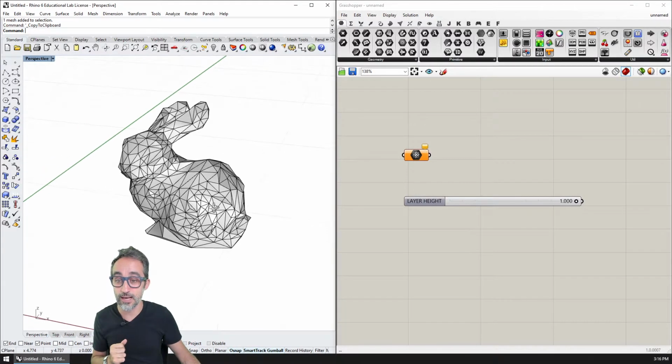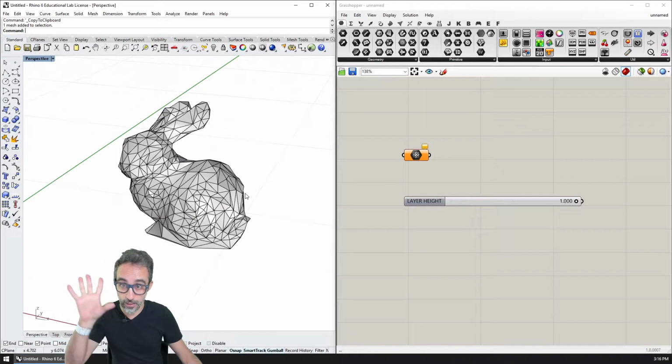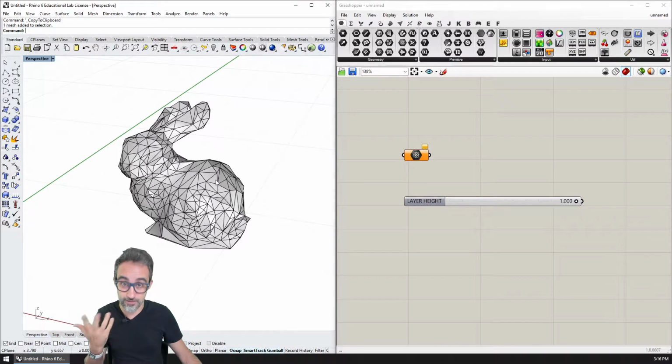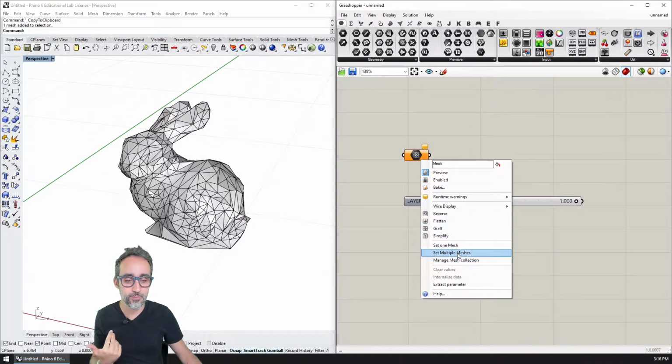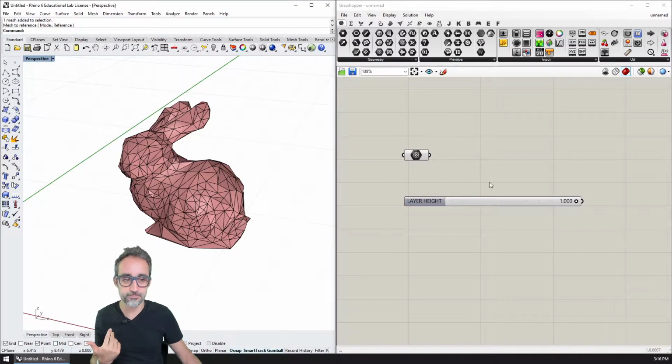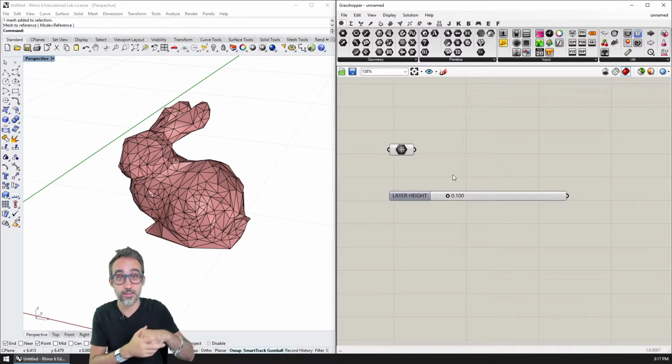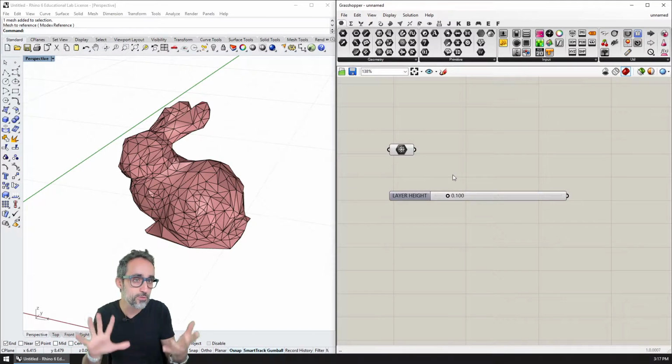Anyway, I took this model that I oversimplified and I reduced the mesh count, the face count, to like 1,000 or something. So it's a simplified version of that model. And then I'm going to bring this into Grasshopper. Now in Grasshopper, I'm also going to add a parameter, which is going to be, for example, the layer height. Typically, what we do is we control the height between the layers, and that depends on the diameter of the filament we're using, the resolution of our printer. I don't know, these are some of the parameters that we set when we have a real slicer.